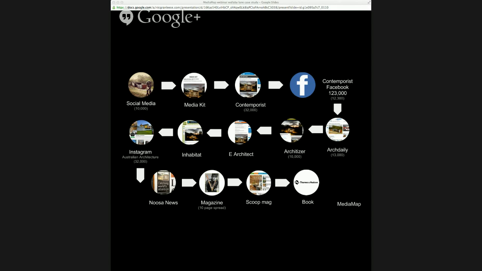Because you also end up with this thing called repetition. And repetition is classic advertising. People remember projects that they've seen over and over and over again. So if you get a project that's only been published once, even if it's in a really, really large magazine, chances are people will forget about it and they don't know about it. Whereas this going through multiple mediums over and over again, it goes into the collective consciousness.